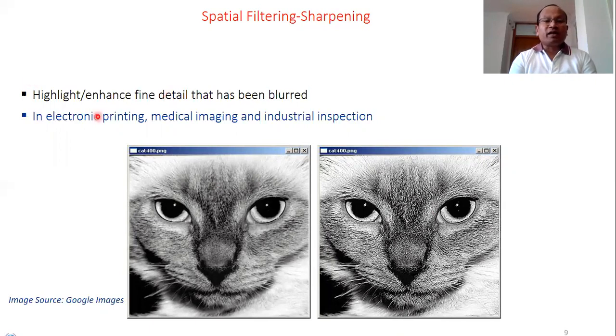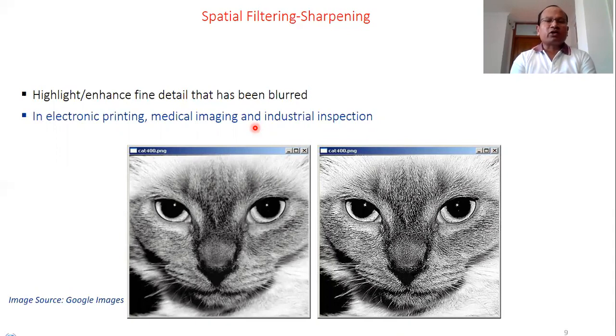In electronic printing, medical imaging, and industrial inspection, fine and minute details play a very important role. When you design a PCB, the very thin lines of the circuits and connections need to be clearly highlighted so that the components can be fabricated on the PCB.